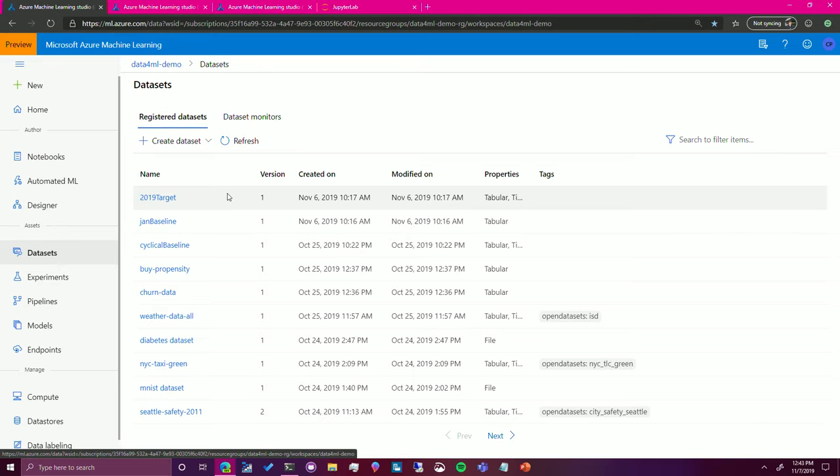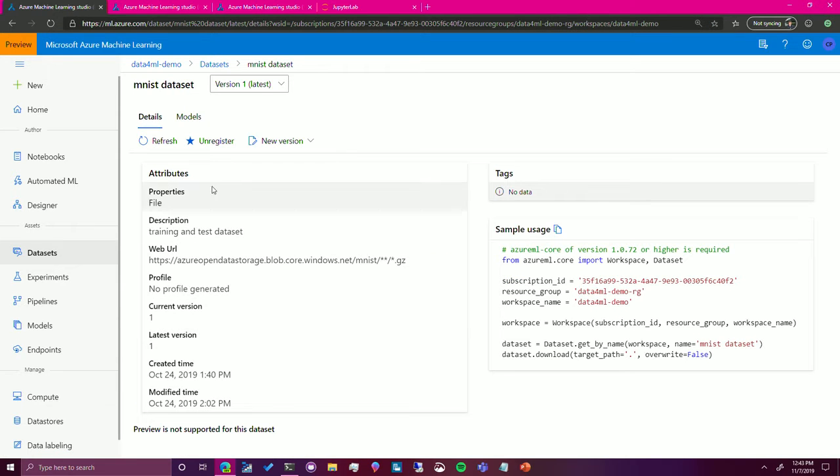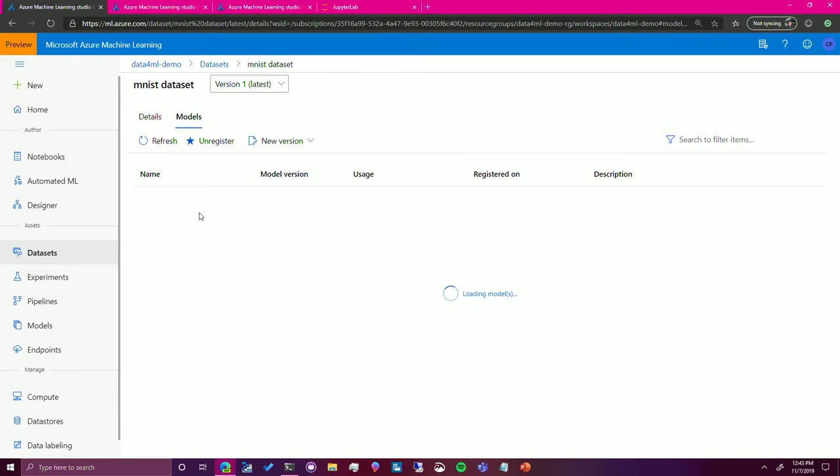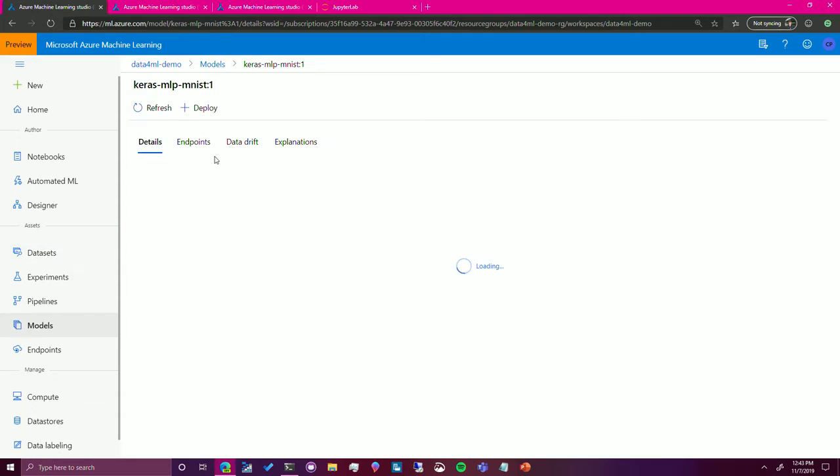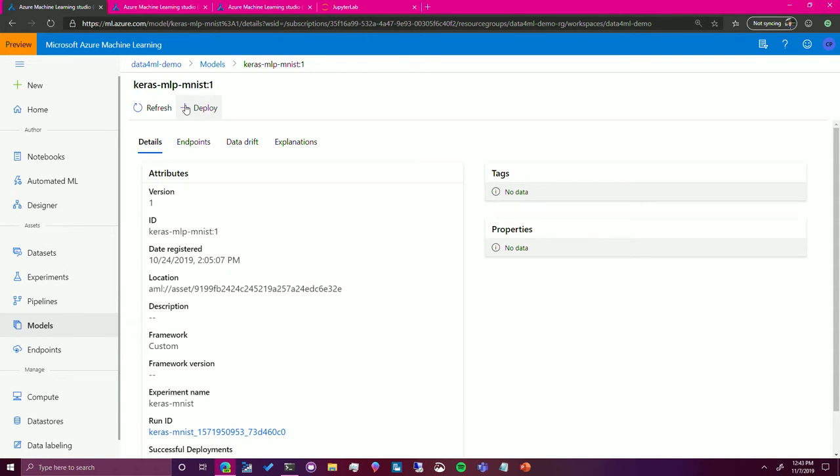I can see all of the datasets that I have in this workspace. Again, these are tracked in version, just like the models in the Azure Machine Learning workspace, and I can take them and use them anywhere. If I head into one, for instance, this Mls dataset down here, I'll see the models that I've used to train this dataset on, and have a link to it right there. I can jump to that model and easily deploy it or do whatever I want to do with it.